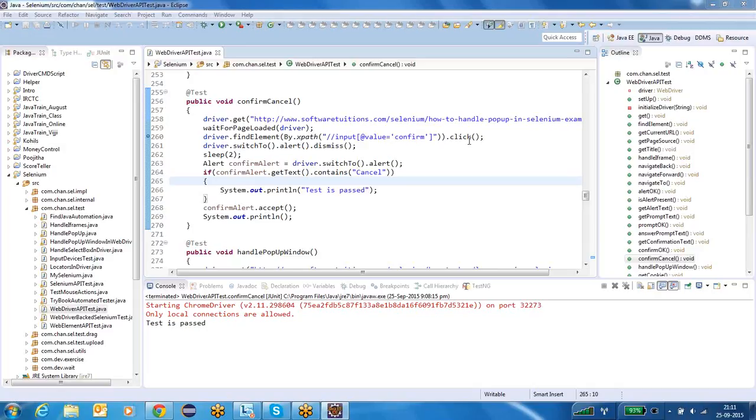Now spend your 10 minutes to practice this. I gave you the URL, right? Try to write the code to handle alert box or prompt box or confirmation box. Take one of them and try to click on OK button or cancel button of it. Maybe if you start with confirmation box, that is good, because you have both the buttons, OK and cancel. Try to do that using a confirmation box. Okay.